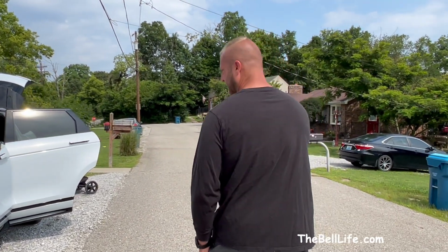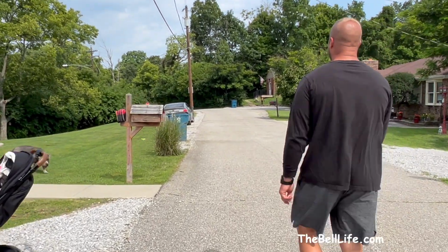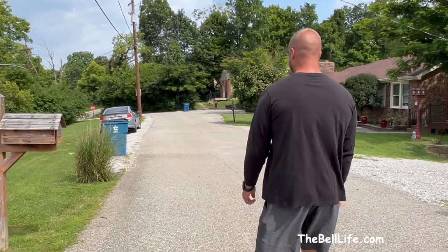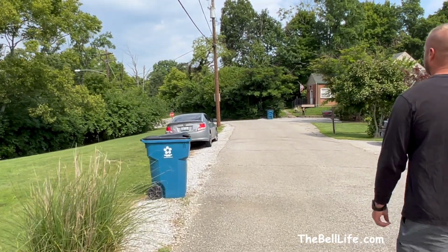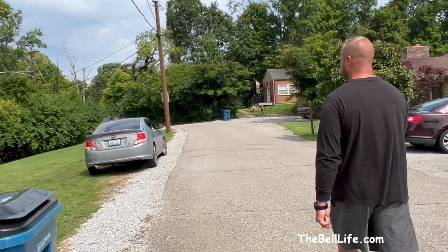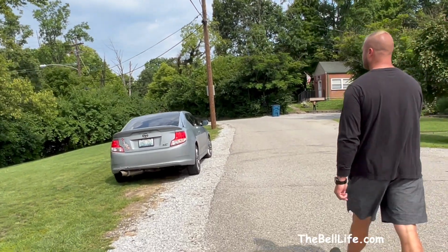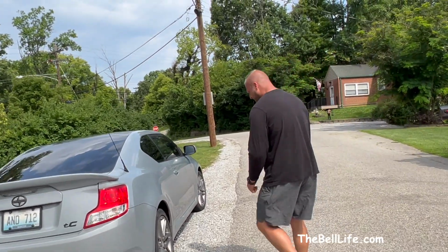Let's go show them the tires on that car. Do you remember when we bought the Scion from my sister, Justin? Probably 18 or 19, I guess. And we had the tires put on right after we bought it. I don't know how many miles are on these tires, but